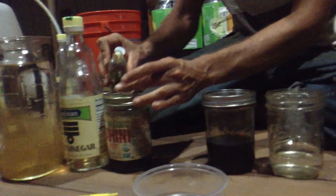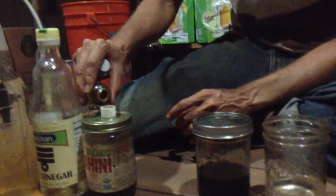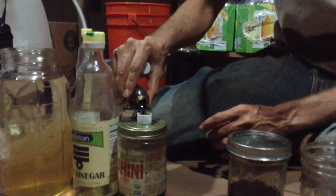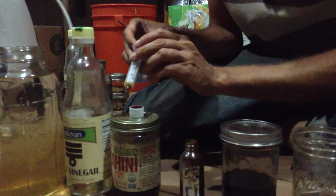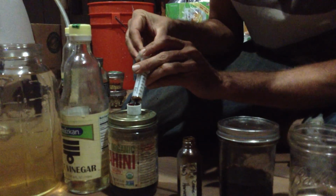And then fish amino acid. This is much stronger stuff. This is kind of the fuel for the whole reaction. And because it's stronger, I only need about half as much as the other ingredients. So I'm going to go up to...